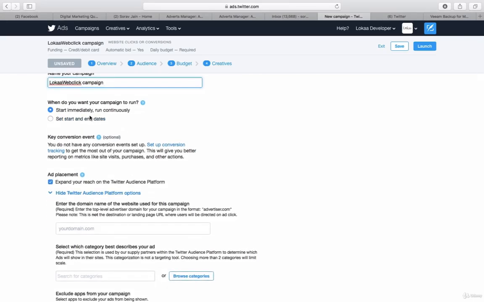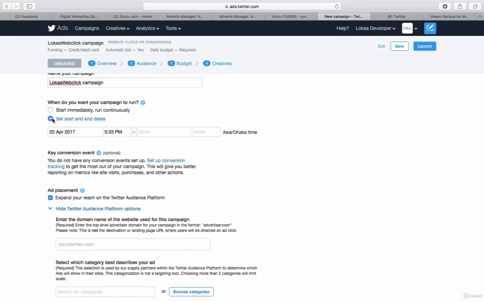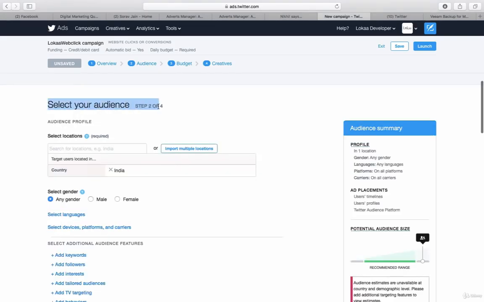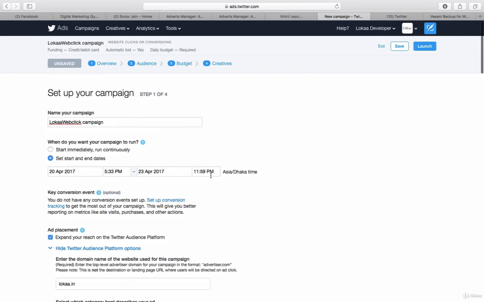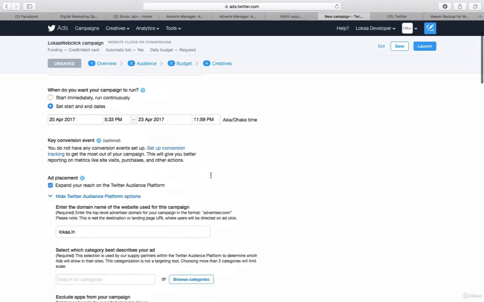You can fix a start and end date so that even if you're not in a position to post the ads, the advertisement gets paused on its own. So I'm starting my advertisement today, and I want to close this advertisement on the coming Sunday. So step one is choosing your objective and giving the starting and end time of the advertisement,